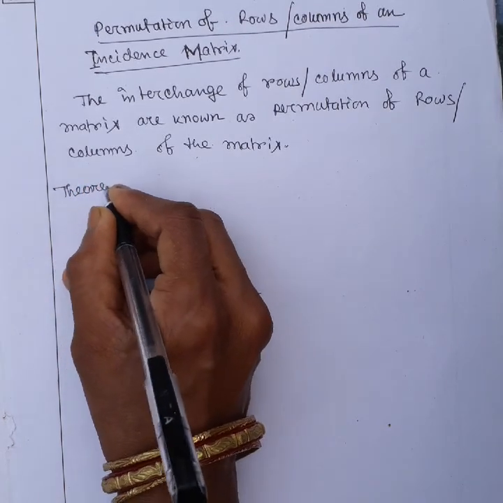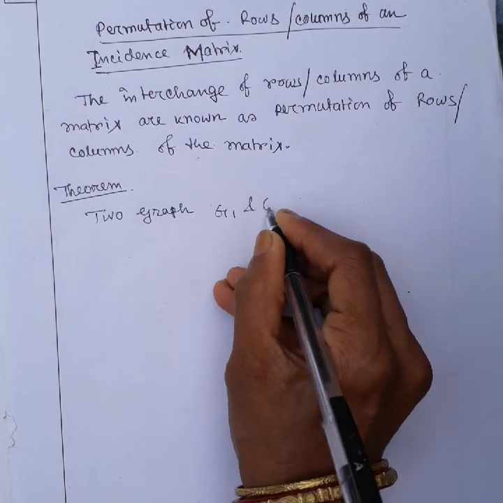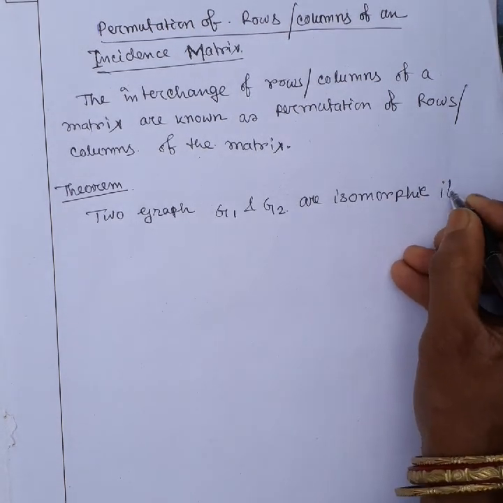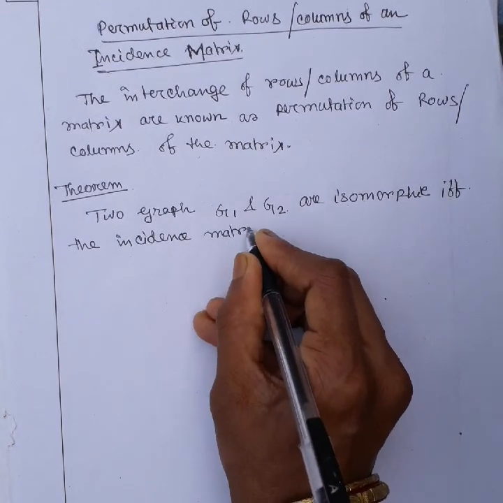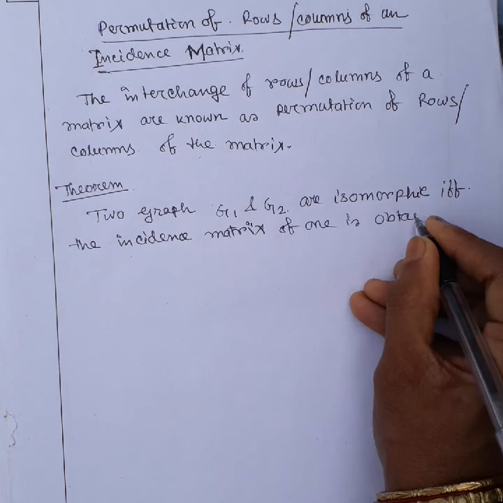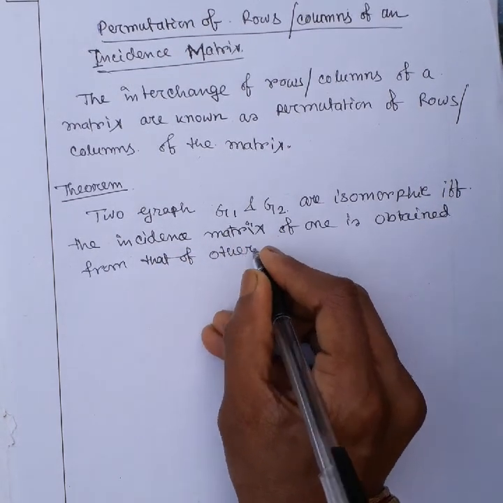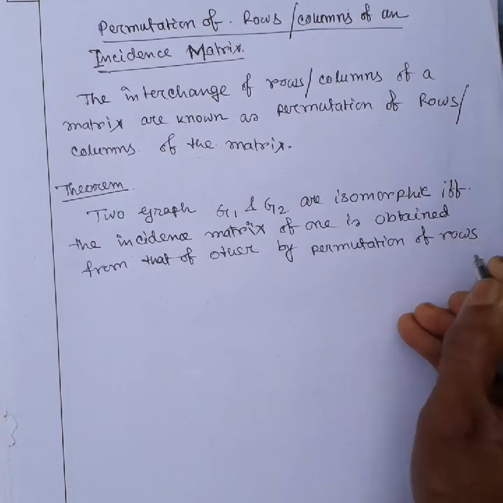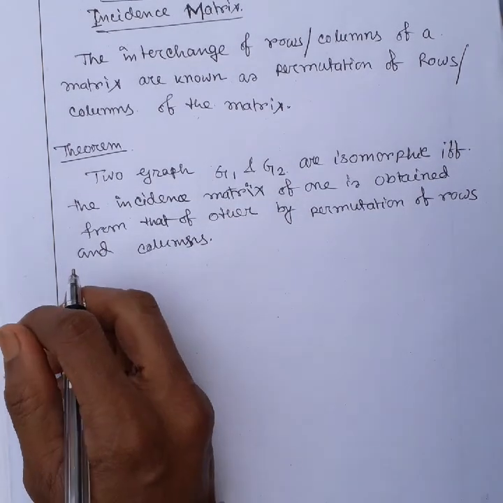Using this we have a theorem: two graphs G1 and G2 are isomorphic if and only if the incidence matrix of one is obtained from that of the other by permutation of rows and columns. Okay, so for example,